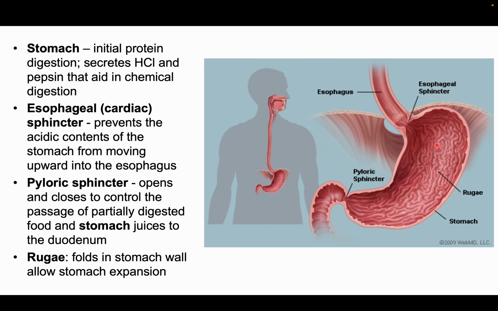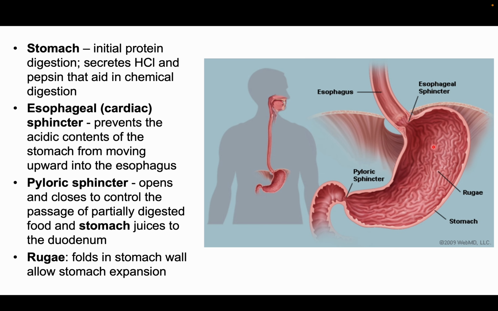This enzyme pepsin works to break down protein, but it only works at a very acidic pH. So hence, hydrochloric acid needs to be released by the cells of the stomach. In addition to that, an acidic environment in the stomach is also important for killing off any bacteria that can be in your food, because not a lot of bacteria can survive